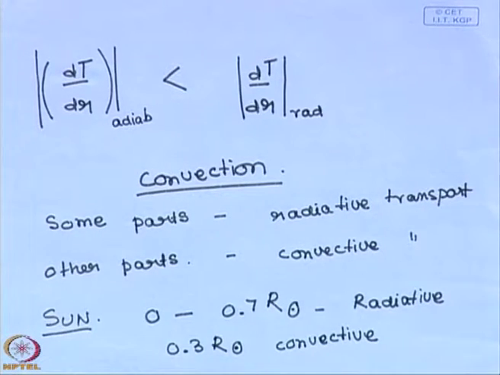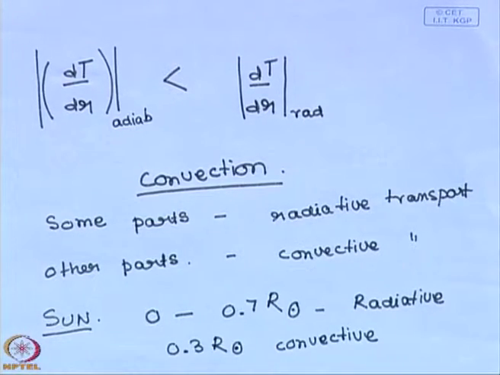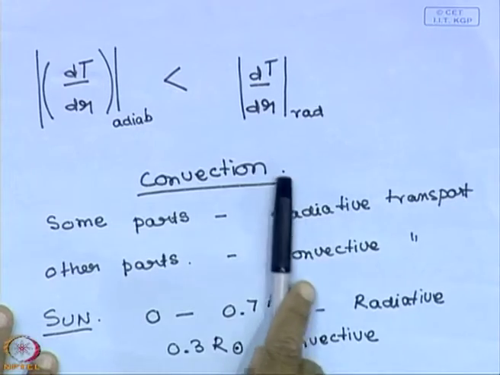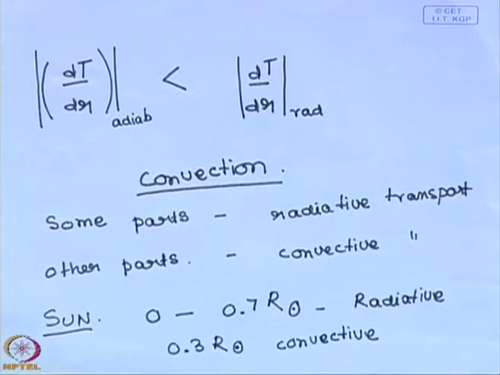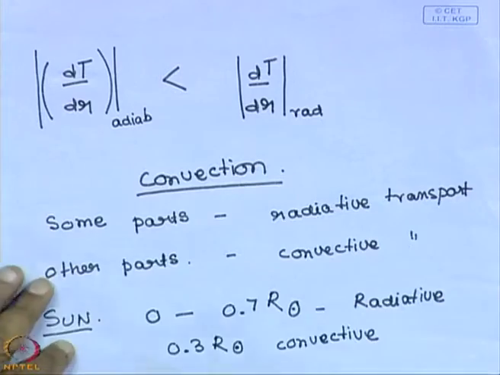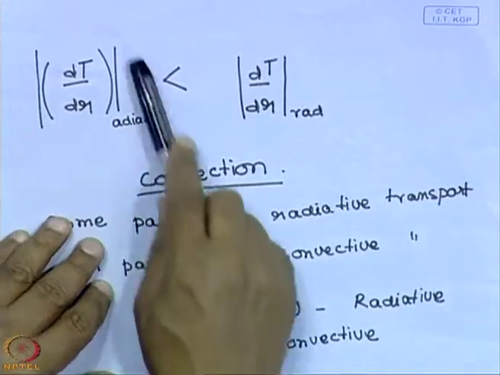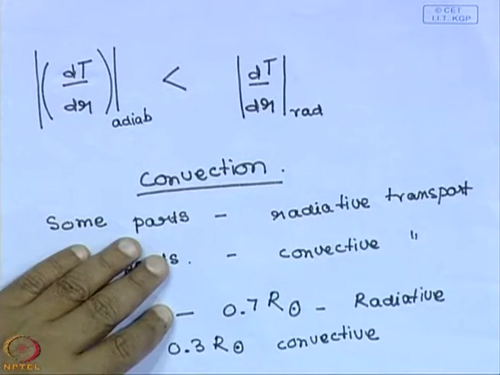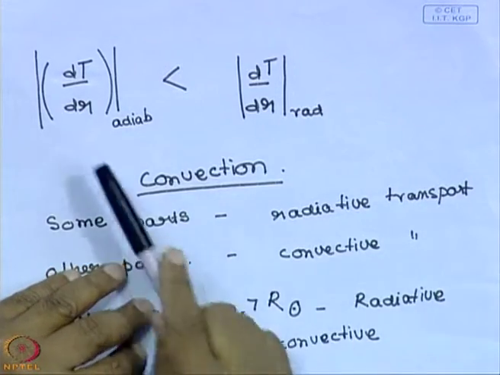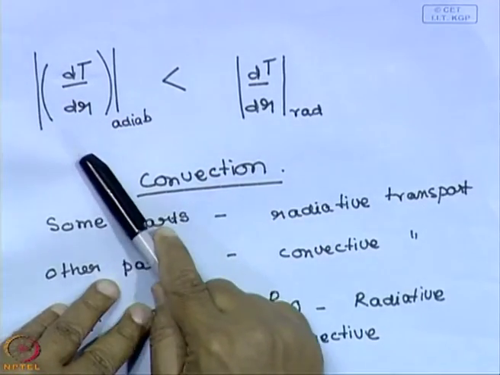Now, let us next calculate this. When convection occurs, the energy transport is through the motion of bubbles. Once this condition is satisfied, the energy transport is through the motion of these hot bubbles. So, let us now calculate the temperature gradient that is set up in such a situation. Usually the temperature gradient reaches this value and it remains there.